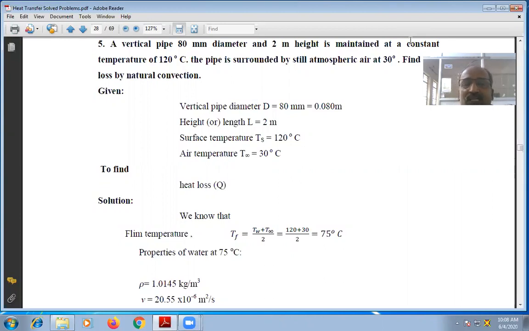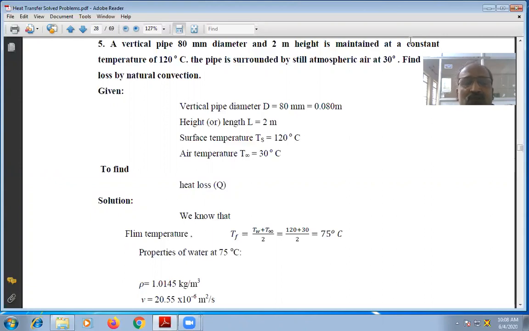Means within a given time, if we want to cool any body, then we can go for forced convection. For example, in the thermal power plant, we go for induced draft fan and forced draft fan. There, we want to cool it in a definite manner and definite speed so that the thermal power plant can run in a particularly meticulous way. The best example of natural convection is a cup of tea kept in the open atmosphere. It will cool in its own time.